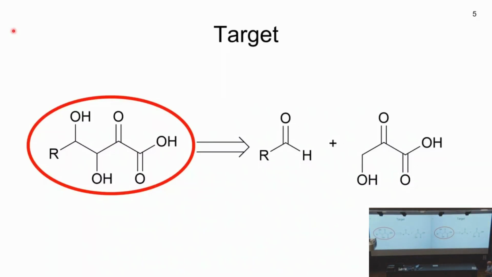And we all started this when we wanted to prepare this type of compound. We wanted to set up these two stereo centers, and retrosynthetic analysis says that you should use hydroxypyruvate and an aldehyde. And here in Cambridge, I've done lots of aldol chemistry with Jim, and we used a lot the chiral boron enolate. And I saw Ian Patterson a few minutes ago.